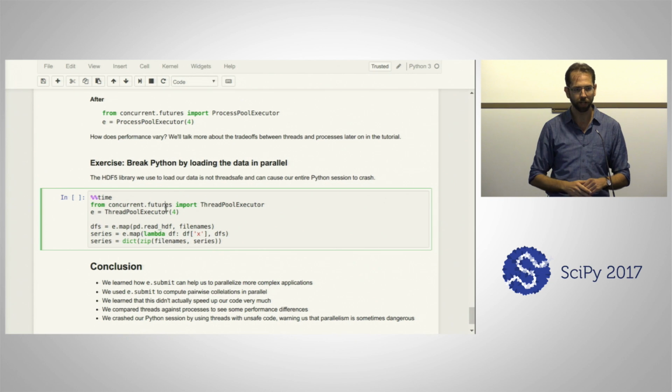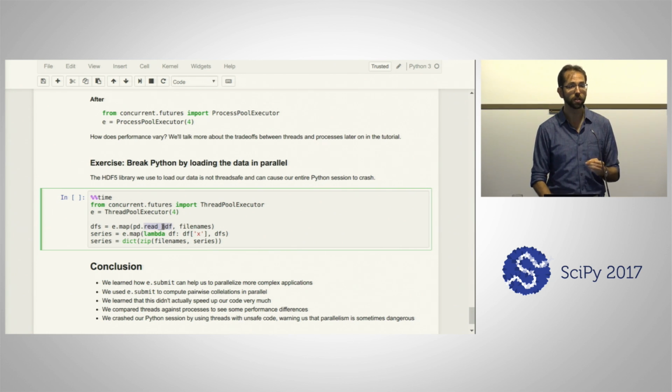Someone also asked, if I'm using threads, can I just append to a list in my function? And the concern there is that if you have many threads operating on something, you might be unsafe. So sometimes there are some concerns. For example, if we call the read HDF function from pandas, that function is actually not thread safe. The HDF5 library is not thread safe. So if we use many threads here,